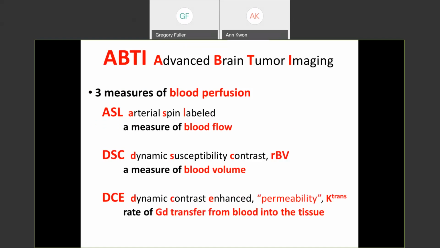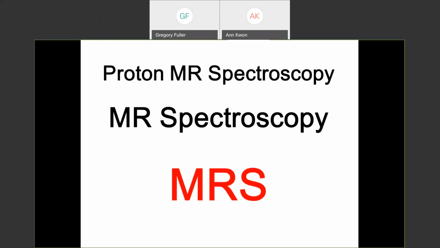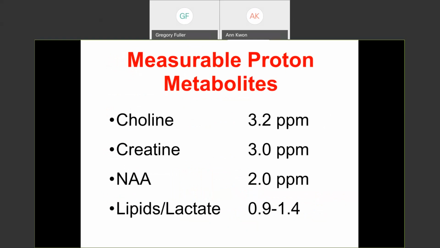So blood flow, blood volume, and finally DCE, sometimes loosely called permeability. It's actually K-trans. This is gadolinium transfer from blood into tissue. So, three different measures of blood flow, which is critical in many brain tumors and in differentiating them from a treatment effect. And then the second component, proton MR spectroscopy or MRS, where we